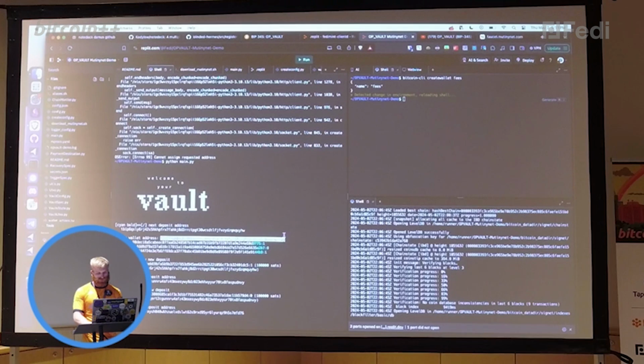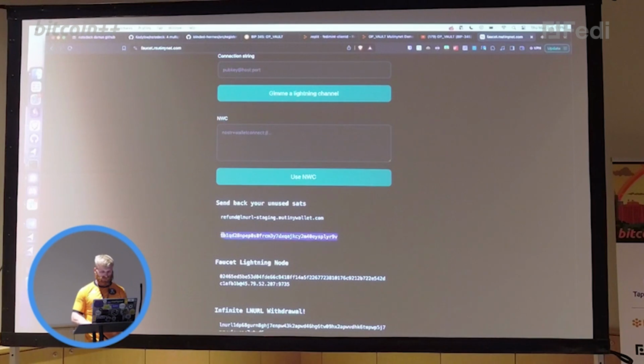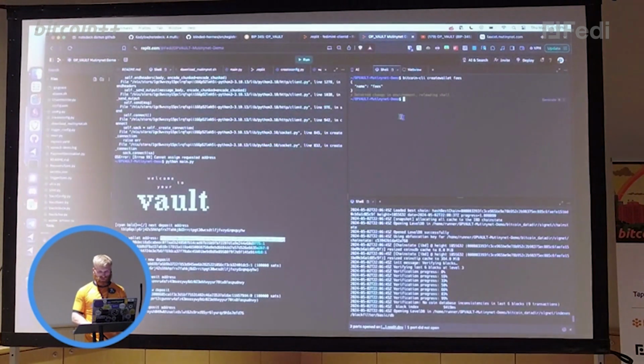Okay. Cool. So now what we're going to do is initiate a withdraw, right? And when we do this withdraw, it's going to go into the staging area. The staging area is going to be stuck there for about 100 blocks, and then it's going to have a CTV associated with it, which will send it to the follow-on location at the end of it, right? So for this one, I'm just going to try to send it back to the faucet. So I get an address here. And then I run python withdraw.py